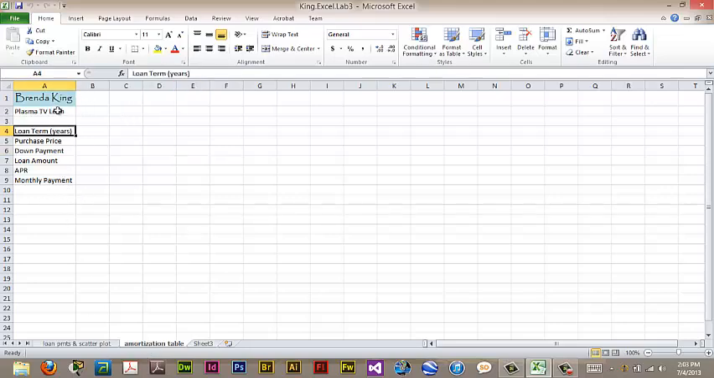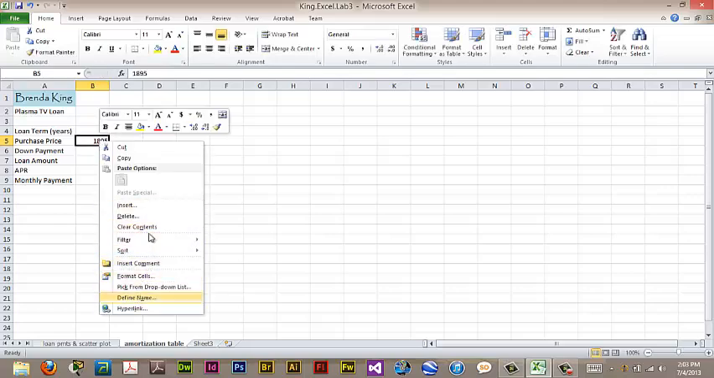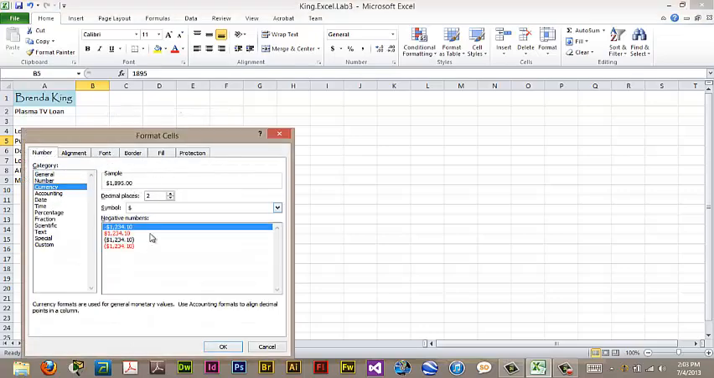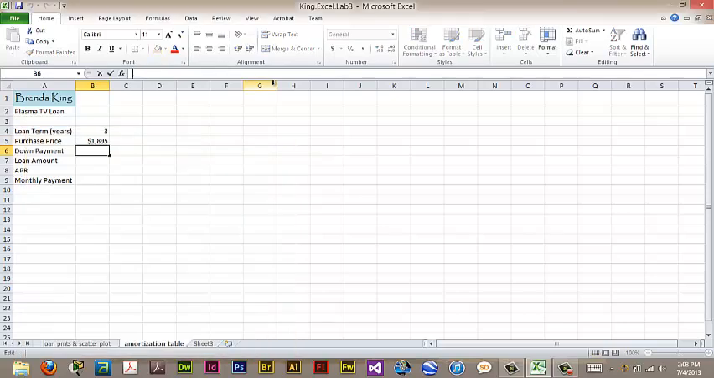This is our information. It's going to be a loan for a plasma TV. The loan term is going to be 3 years. The purchase price is $18.95, and we want to format that for currency. Here we want to